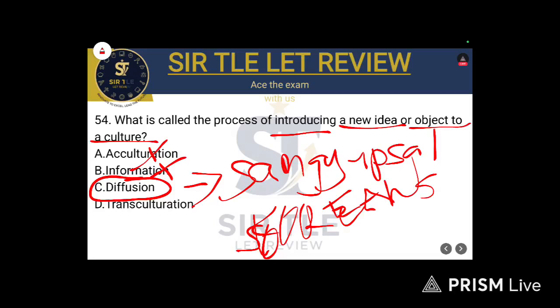Through that medium, through the television, the internet, naging trending sa mga Pinoy. And then they adapt the samgyupsal. So meron na tayong nakikita mga samgyupsal na mga restaurant, no? The Samgyupsalamat, the Romantic Baboy. Okay? That is diffusion. You are introducing a new idea or object to a culture. That's one of the examples of diffusion.